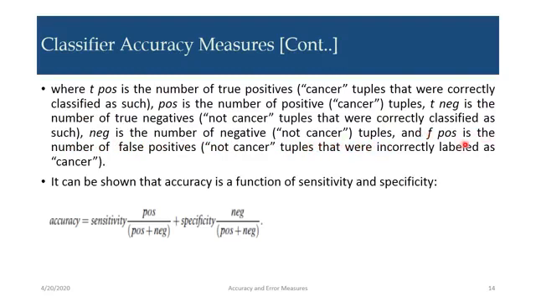And false positive is the number of false positives, that is not cancer tuples that are incorrectly labeled as cancer. So here, while taking negative tuples, incorrectly it is classified as cancer. Also we are having harm because the patient has to undergo so many tests and so much cost will be involved in that. And another thing is much more dangerous than this, that is a false negative.